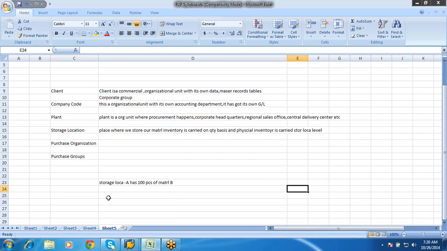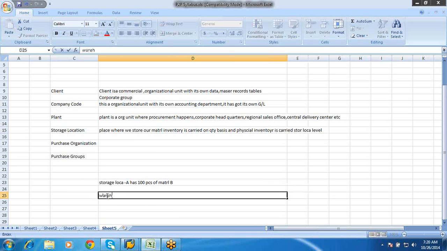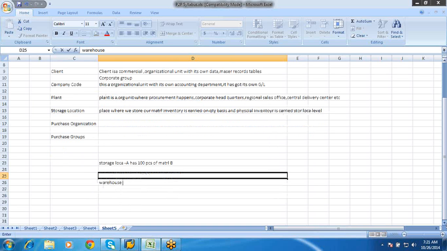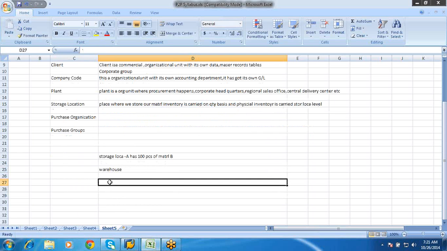But when you go to the warehouse, your warehouse is always linked to a storage location, and when you conduct a physical inventory in your warehouse, your material B first starts with the storage location,